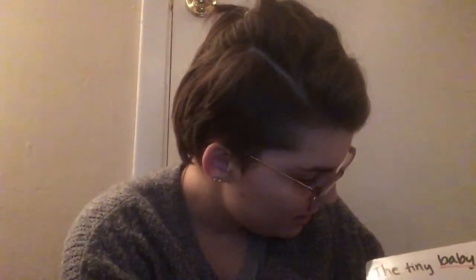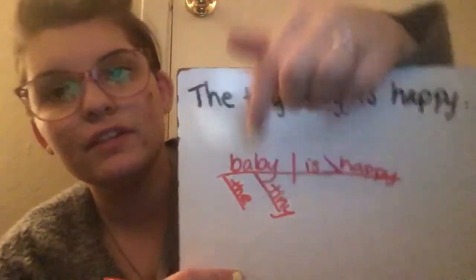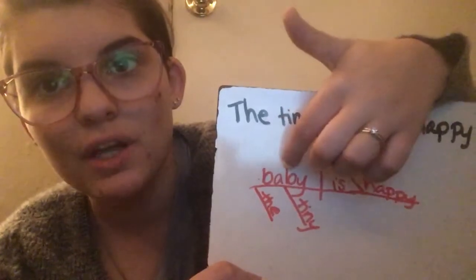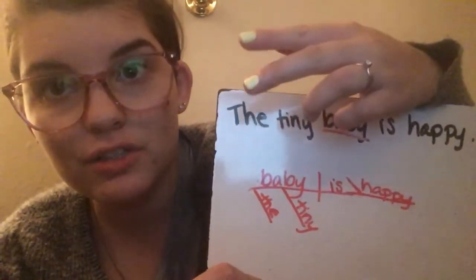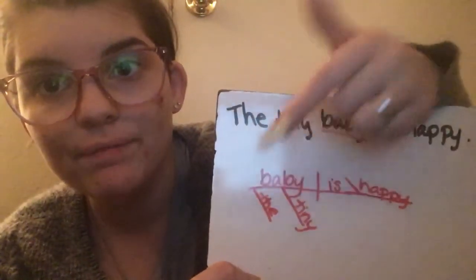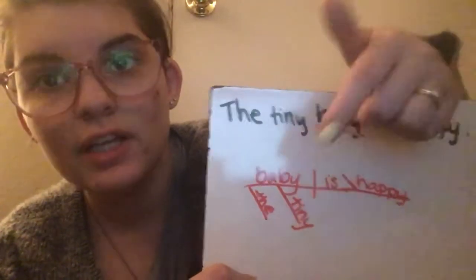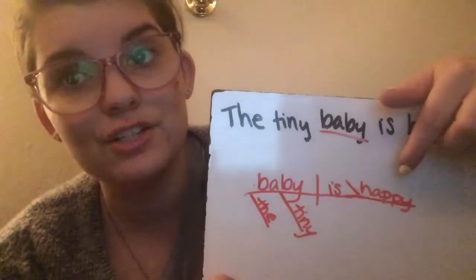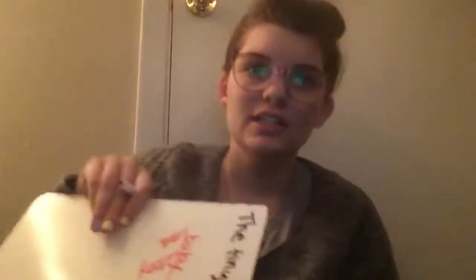The tiny. Okay? So you have your subject and any adjectives for the subject. So baby, and then what are the 2 describing it? You have the article the, and you have tiny. Is our linking verb, so to link it to the predicate, you're going to put a slash, all right? Let's do number 6 because it has a